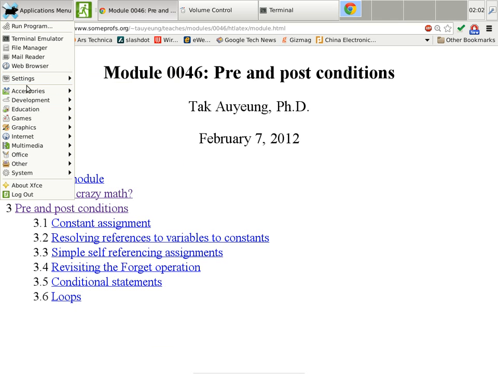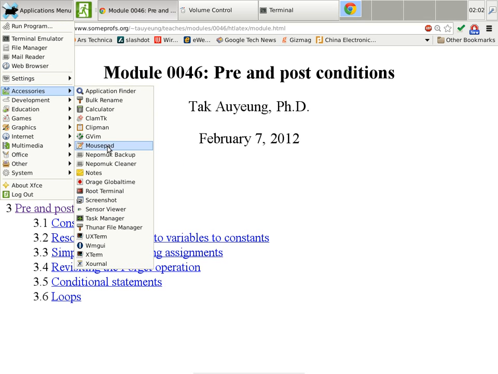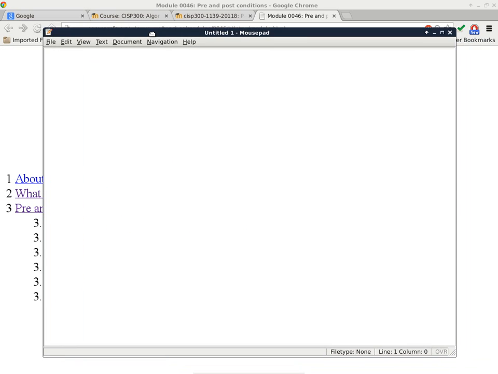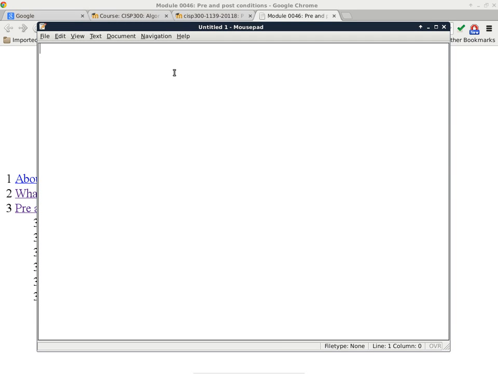So we'll go to a mouse pad. And because we cannot trace it, I don't even bother to use Excel or a spreadsheet to look at the algorithm, because there's no way we can trace it. Okay, here's the algorithm, and then we'll go ahead and analyze the precondition and the post condition of this pseudocode. Line 1 is x gets a certain value. Let's say it gets a value of